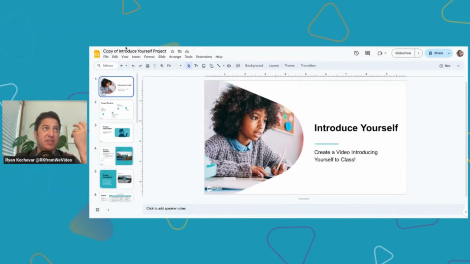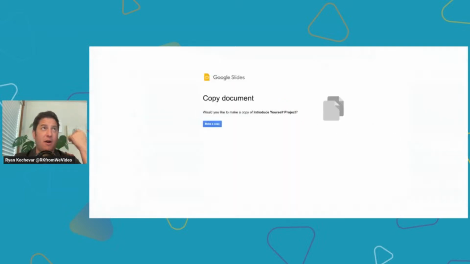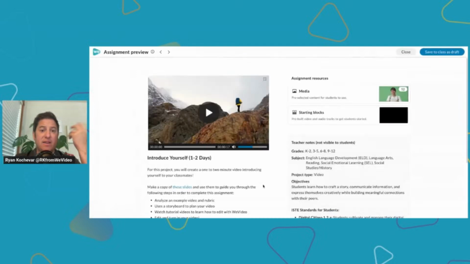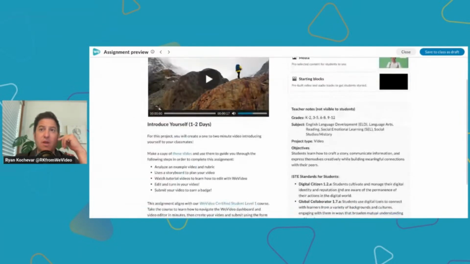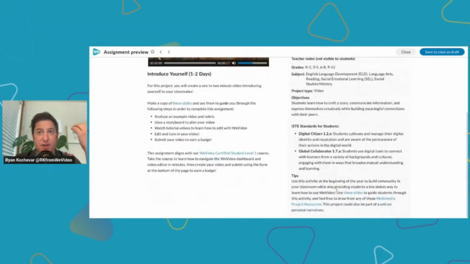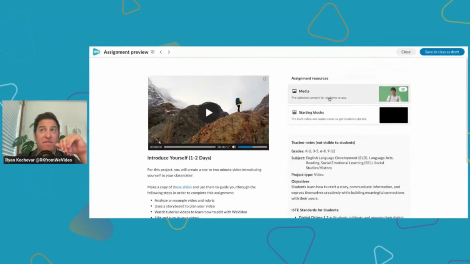So the cool thing is too, it's all hyperlinked within our rich text editor. If you go back, it'll drop you right back here. We have notes for you. They're all connected to ISTE standards. We've got tips again with resources that you can utilize to facilitate this project. We've also provided pre-selected media that you might want to use, or a pre-populated timeline that students can start creating